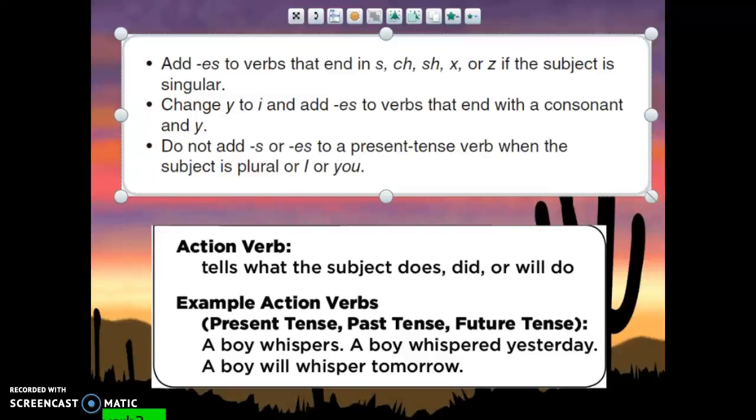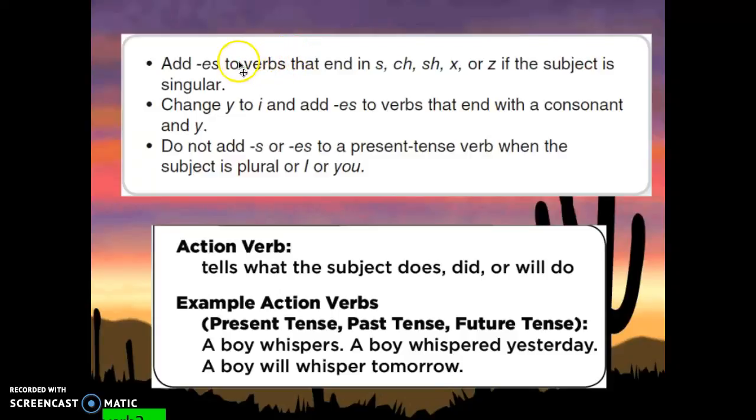Boys and girls, today we are beginning Unit 3, Week 1, Day 2 of our grammar practice. So your job right now is just to listen and watch as you learn today's skill. We're going to continue our discussion of how to change verbs into present tense because some of them have